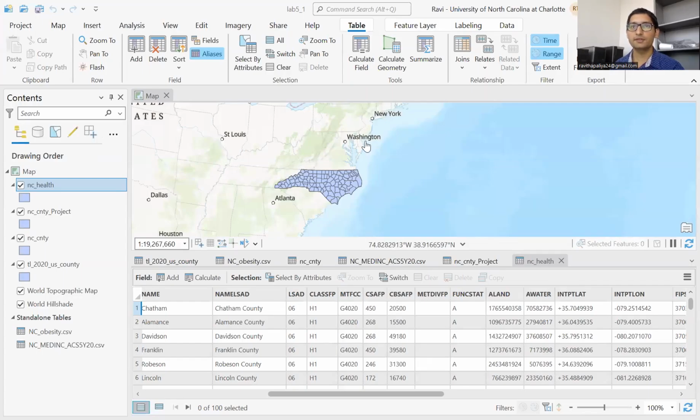Hi everyone, this is task 2 for lab 5, calculating data statistics. So before proceeding with the instructions, make sure that the names from the NC obesity table that were joined have not